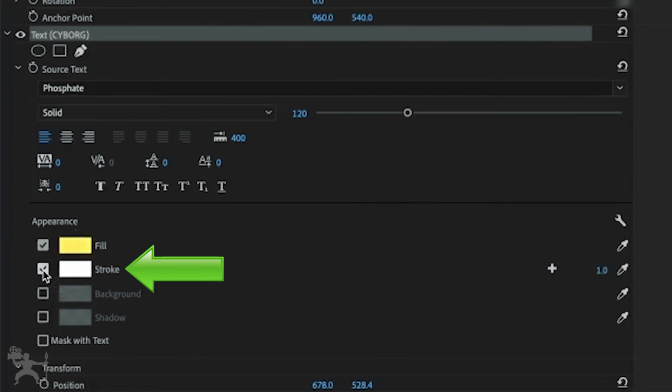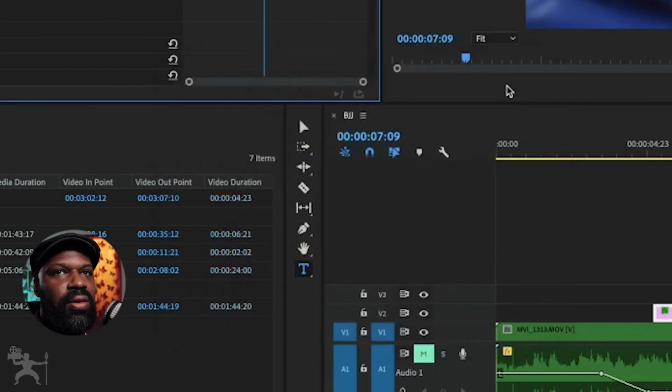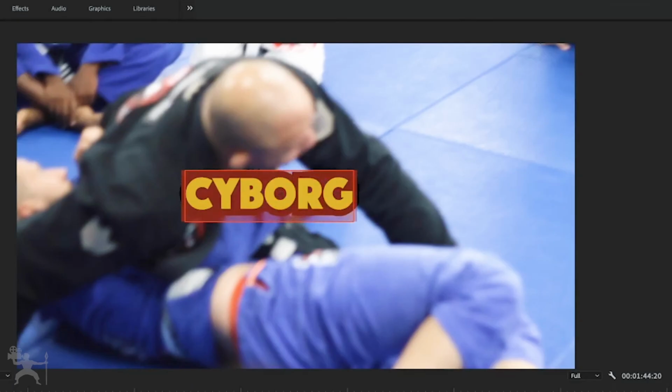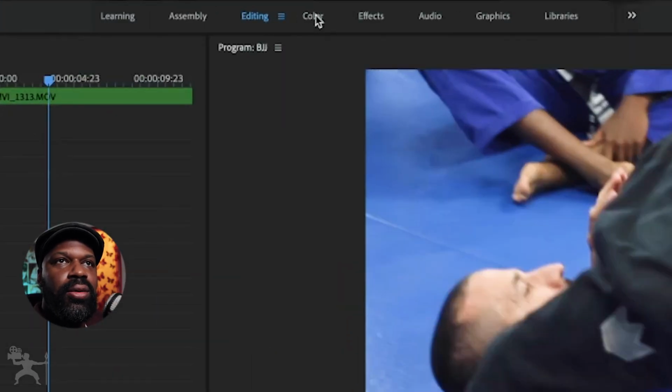If I click on here, I can add a stroke. If I click here, just go to black, create a stroke, and this number here just increases the size of the stroke. So if I move it up or down, we now have a stroke here. Okay, so if you want to color correct or do color grading, what you do with the actual clip selected, we can go to color,